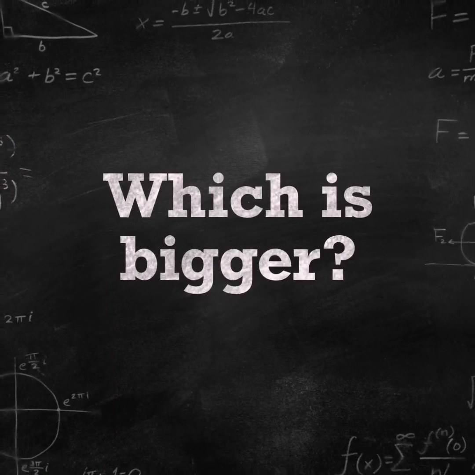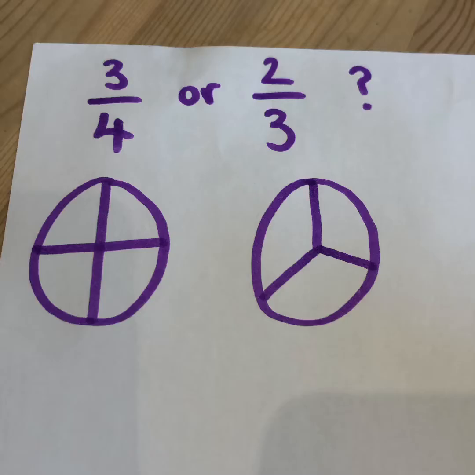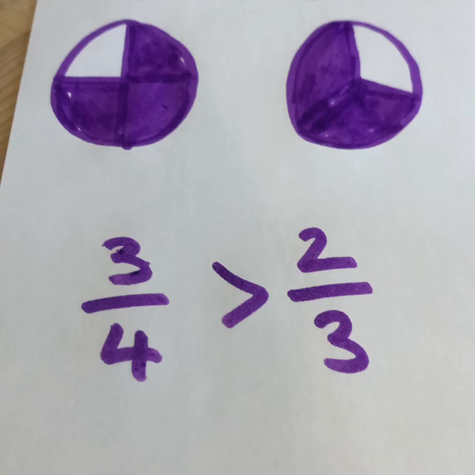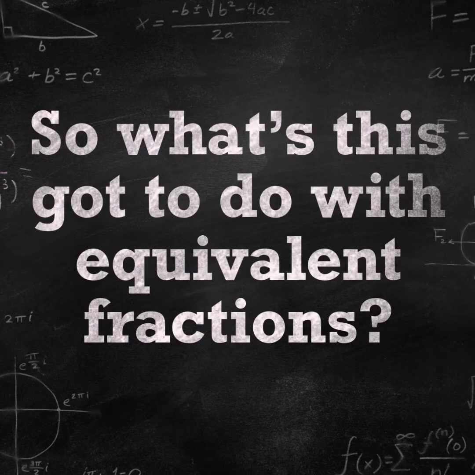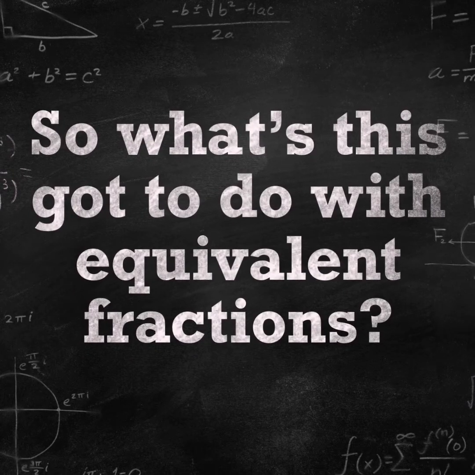Okay, which do you think is bigger, 3/4 or 2/3? Which do you think is bigger? So if you look at the circle on the left, the 3/4 takes up more space of our whole when it's coloured in than our whole that's been coloured in 2/3. So what's this got to do with equivalent fractions? Well, by recognising if something is bigger than or smaller than,